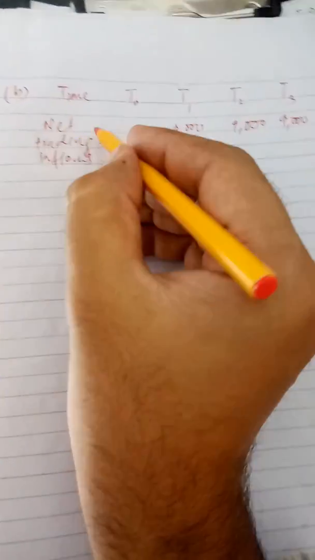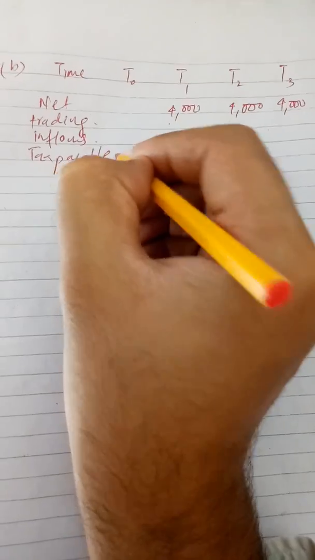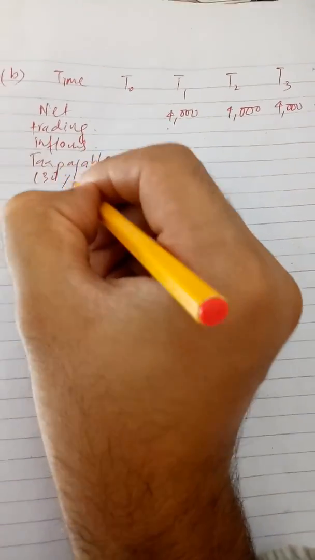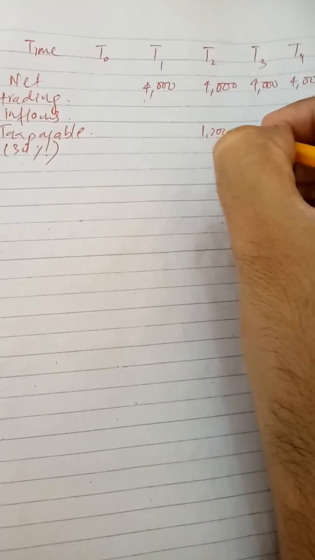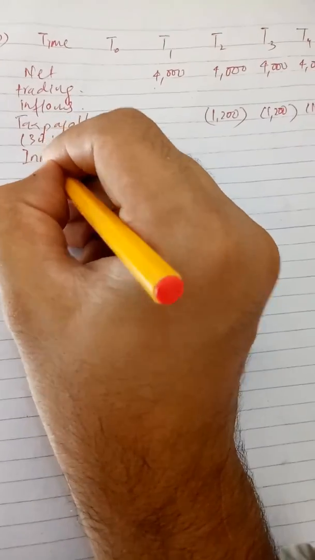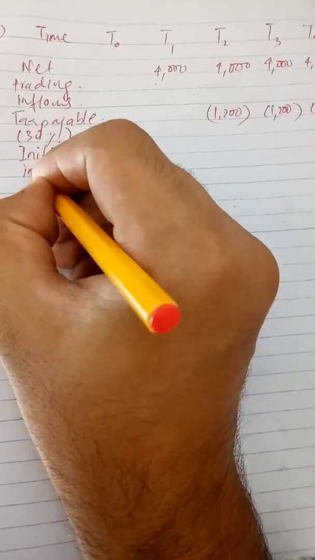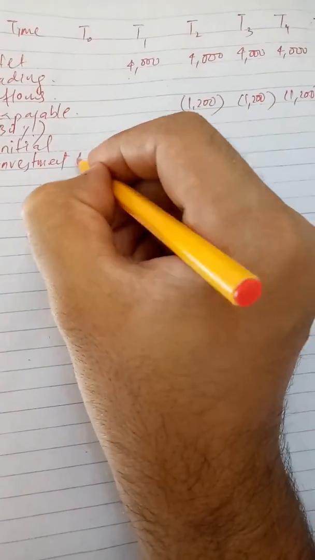Okay, so starting from T1, and then we have tax payable, which is 30%, and that would be what? 1200, 1200, and yet again it would be 1200. And initial investment is 10,000,